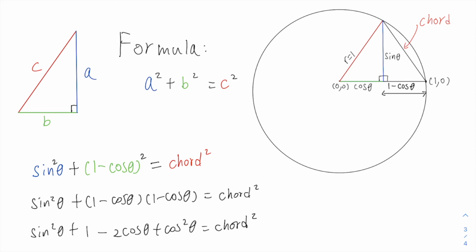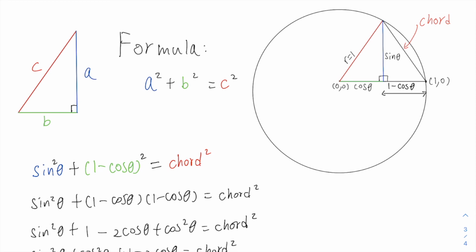And noticing, sine squared theta plus cosine squared theta plus 1 minus 2 cosine theta is equal to chord squared. And as we can see, cosine squared plus sine squared in here is equal to 1,